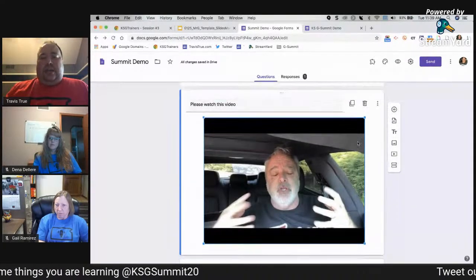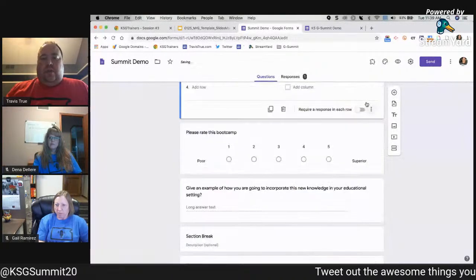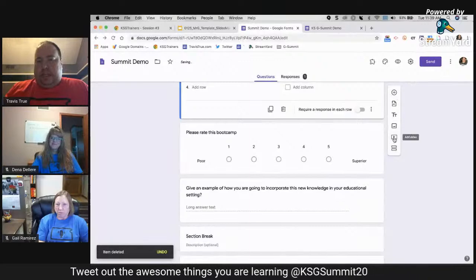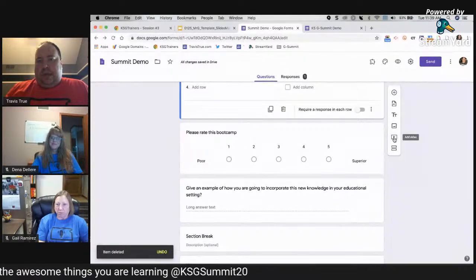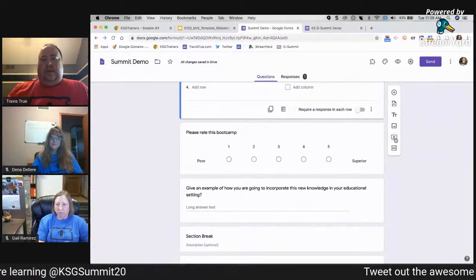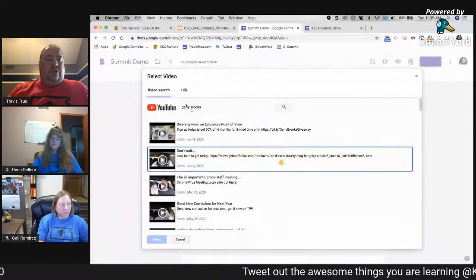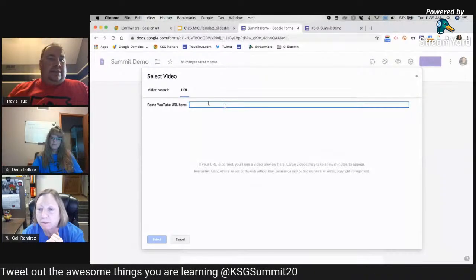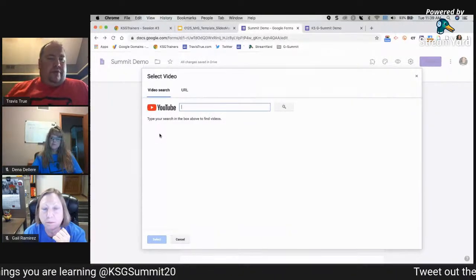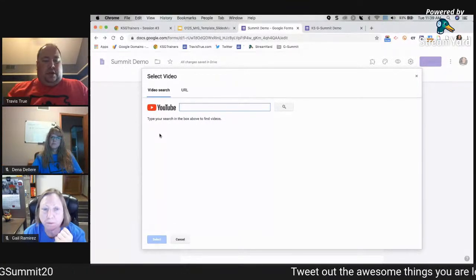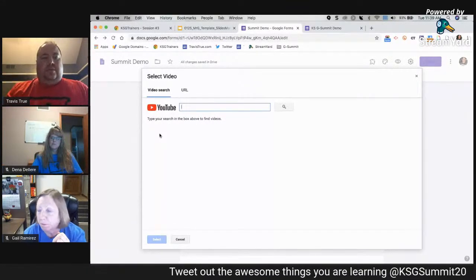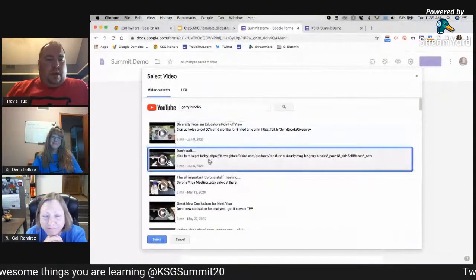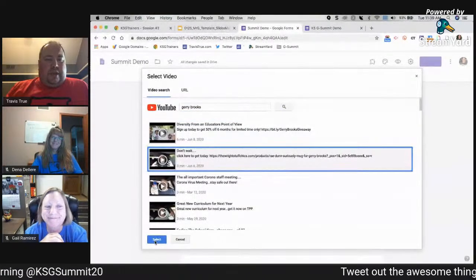So let me go back and show you again how to put that video in. The insert video button is here on the toolbar on the right. It's got the little play button on it. Then you can either search, or if you have the video, you can just paste the web address. But it has to be a YouTube video. No other videos will work other than YouTube videos. So I'm just going to search for everybody's favorite principal